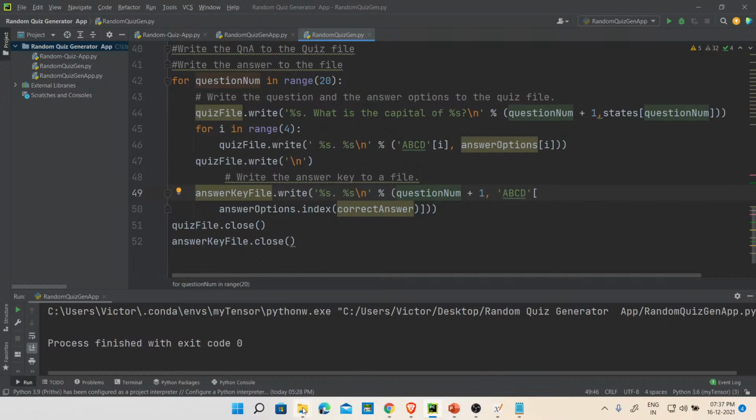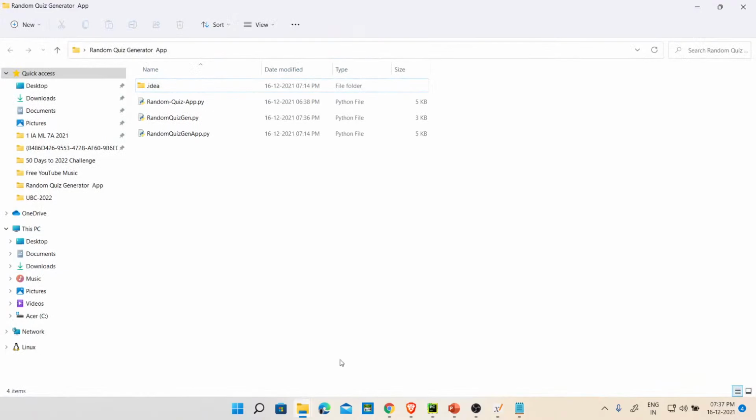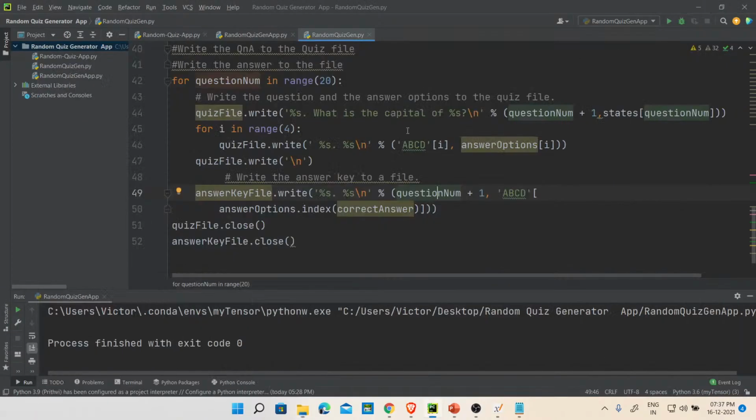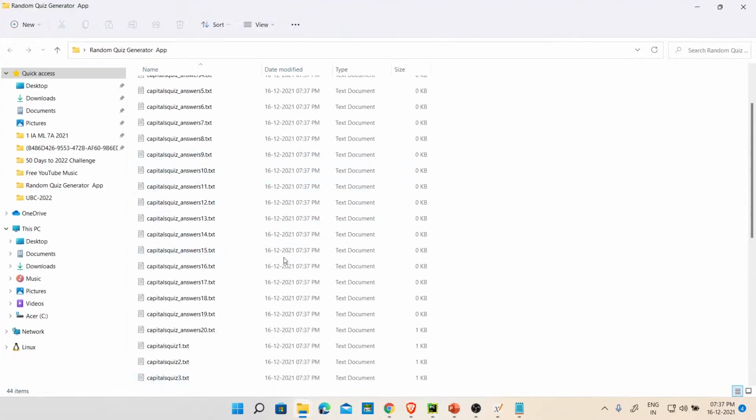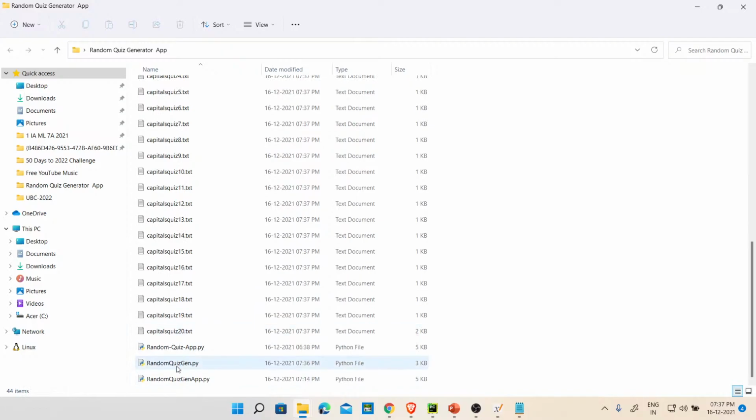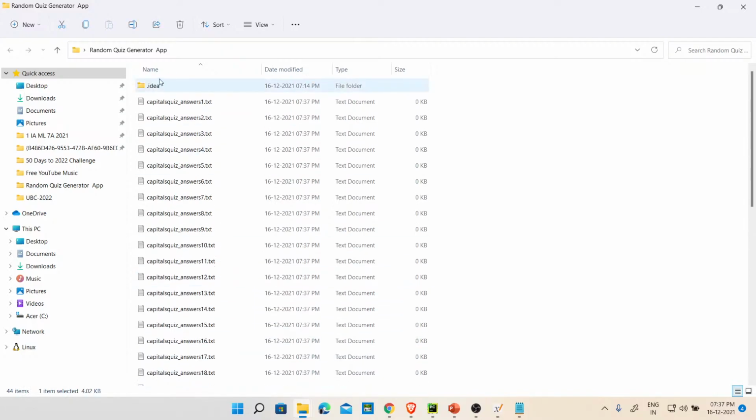So here I'm just going to say Control Shift. Pay close attention. There is nothing in here for now. I will go back there, Control Shift F10. Once this is done, you see this gets populated. Let's go back here and open this. We generated 20 of them, so that's why we are seeing 44. Forget 44, it includes these three Python files.